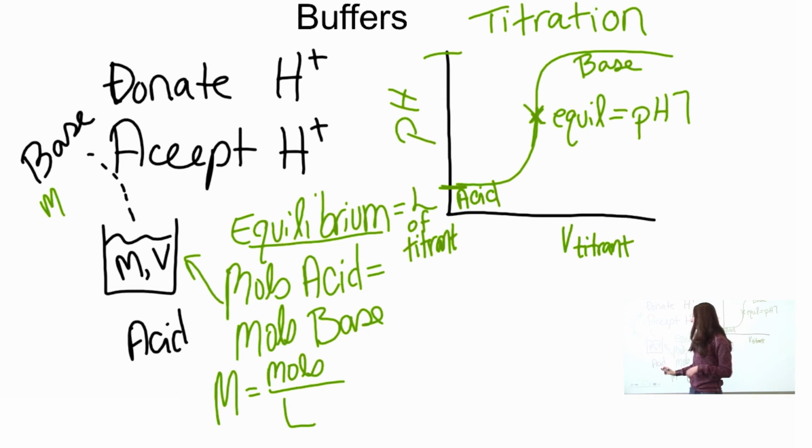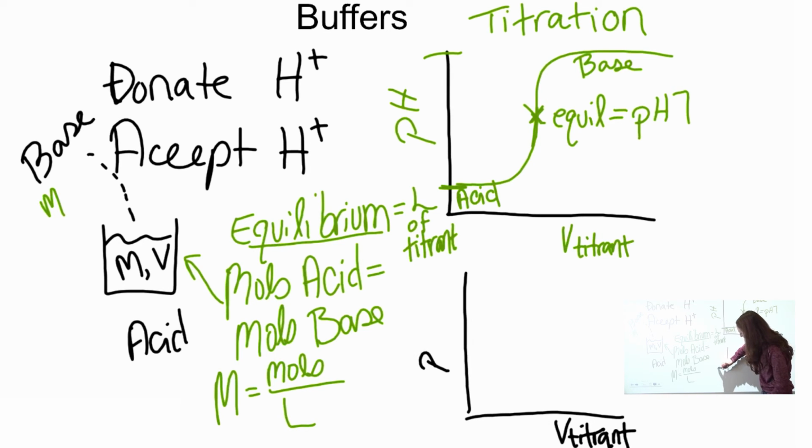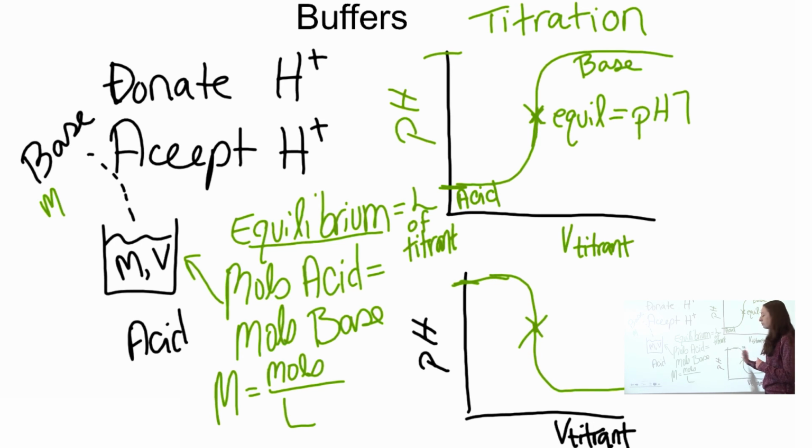Now, if you started the opposite way and you had a base in your container and you were titrating with an acid, your curve would look slightly different, but it's still the same concept. You're still going to have your volume of titrant on the x-axis and pH on the y. Now, instead of starting at a low pH, you're going to start at a high pH. You're going to start off pretty basic, and then all of a sudden you're going to go to neutral with a slope of essentially 0, and then bottom out in an acidic range. So they're both the same curve, it just depends on whether you start with a high pH or a low pH. Based off this curve, you can do different calculations to determine your pH